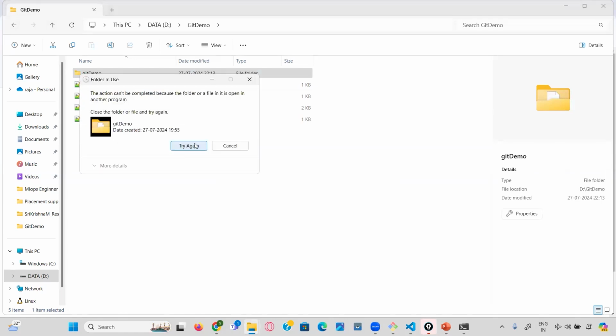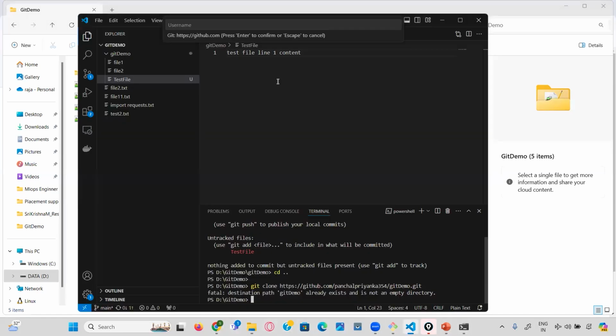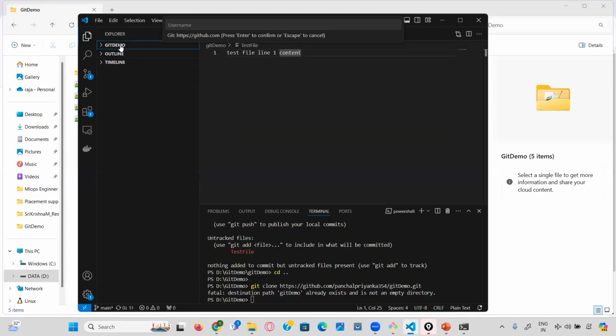Yeah, that folder is already opened. So git demo, okay, it's because I opened it here, that is where the confusion is happening. Okay, best thing I will do, I'll just go here and click on this one. I just right click on it, and then I just